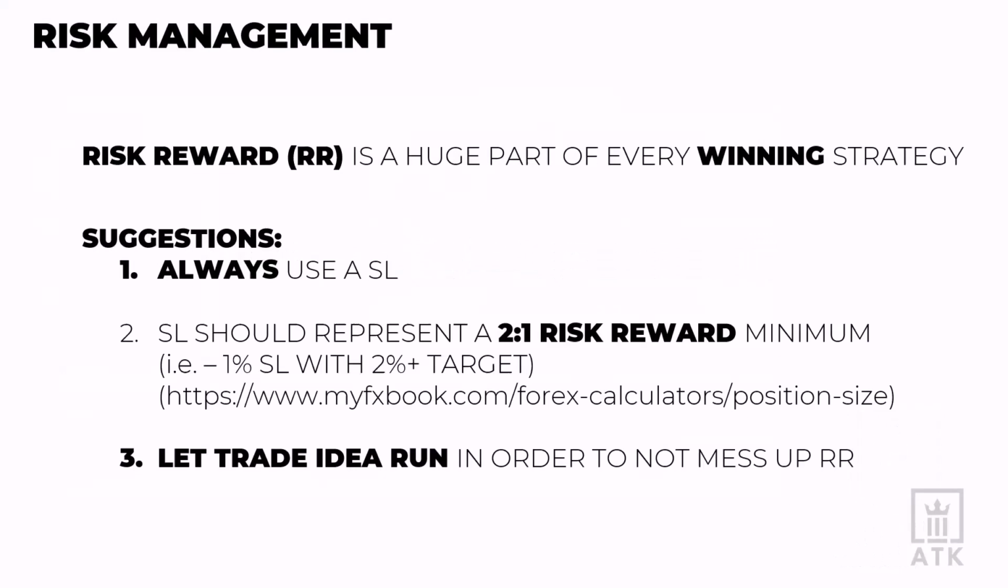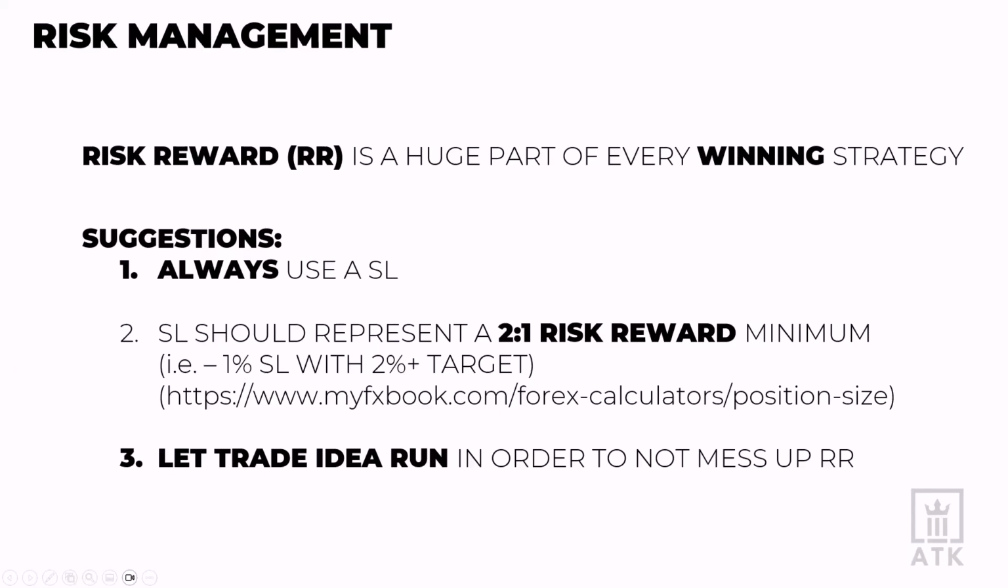All right. So when we look at risk management, we've got to think about risk reward. The first thing with risk is that we always have to use a stop loss. We call it SL or TP. SL is stop loss. TP is take profit. So we always have to use a stop loss. That SL should represent at minimum a 2-to-1 risk reward,